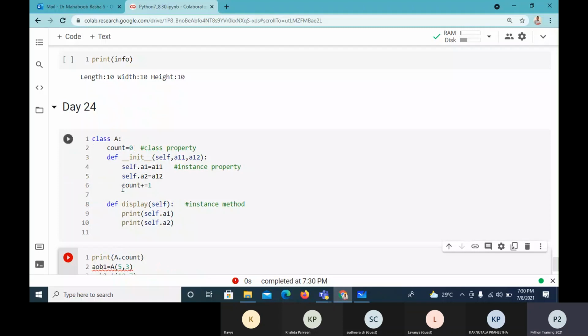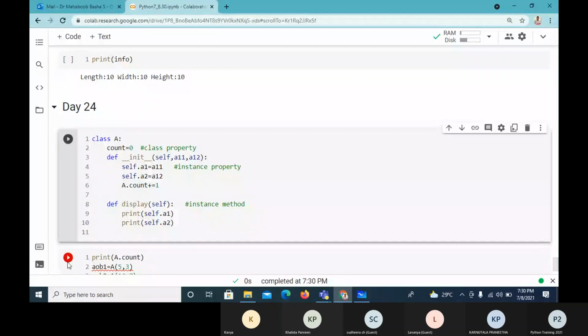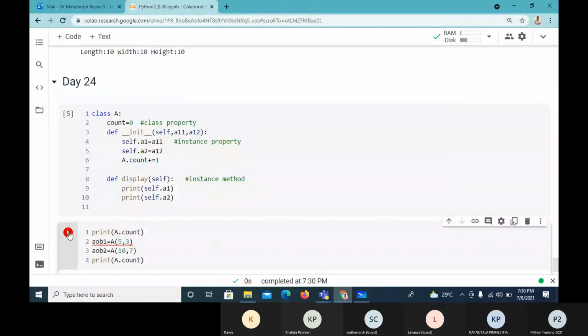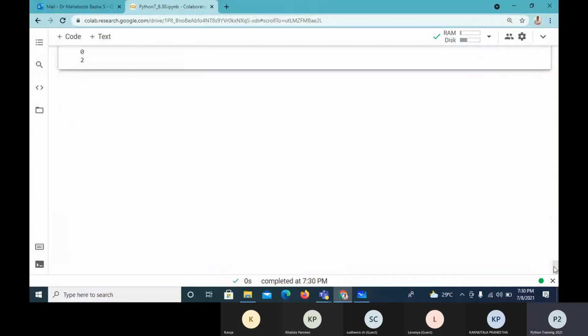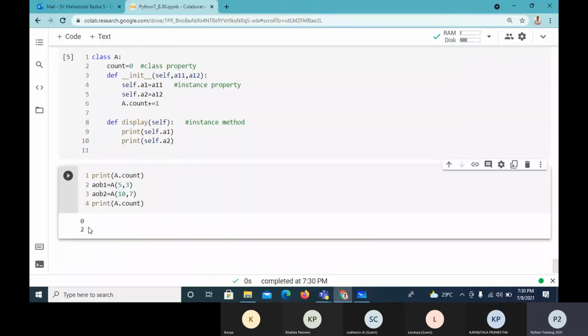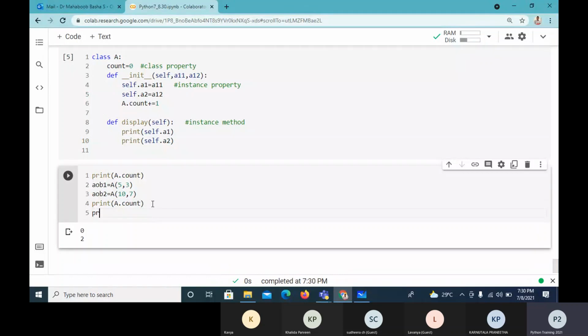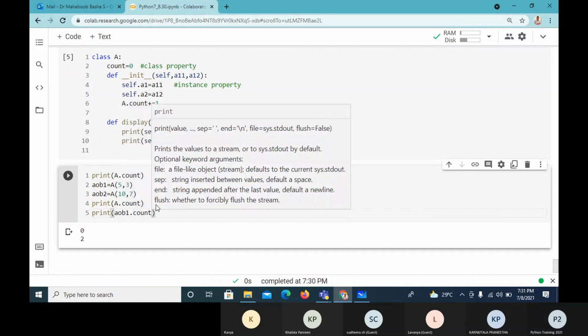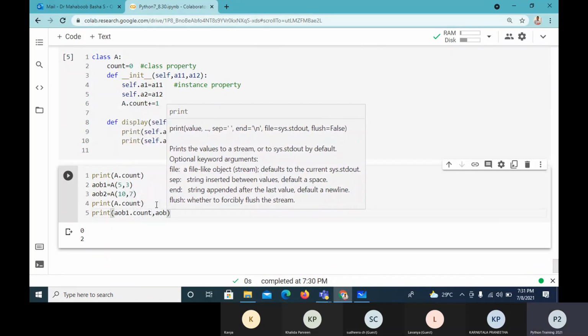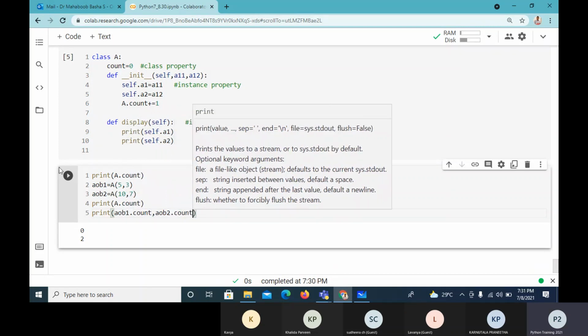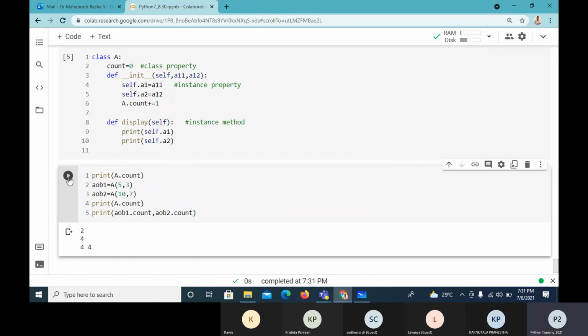So I'll say here A.count. Now see, I'm creating two objects, so the count is 2. Whether I say A or AOB1 or AOB2, it is the same because there is only one copy.